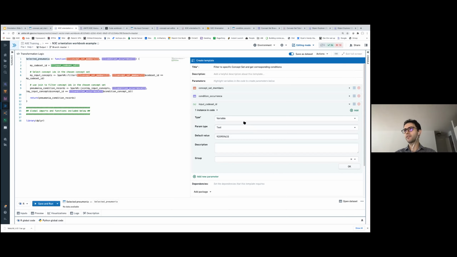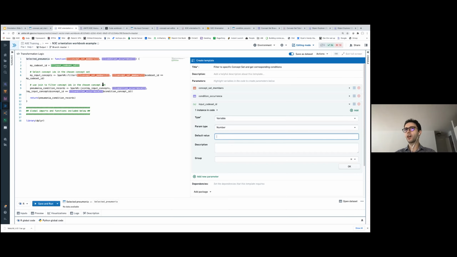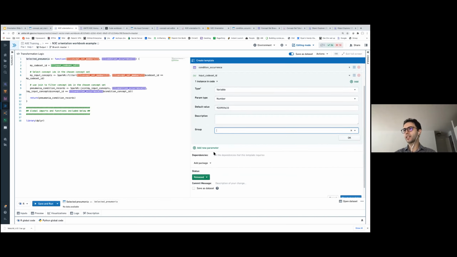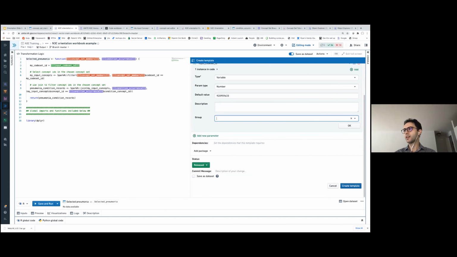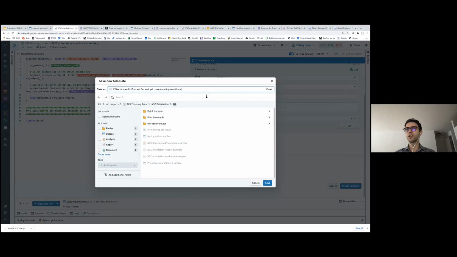And so I can specify things like here, the variable type is a number, and we can give it a default value, like the pneumonia example. We can give a description in here, but basically this is the way to create a template.